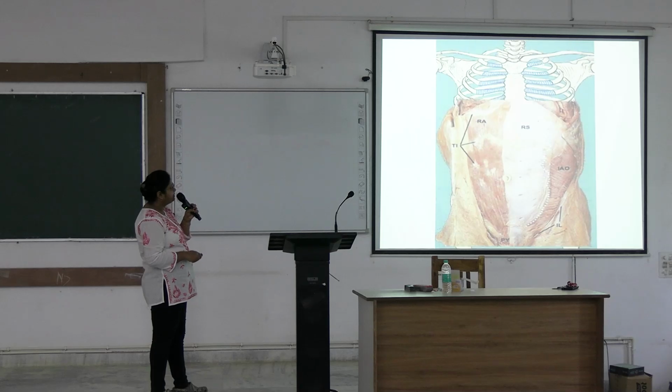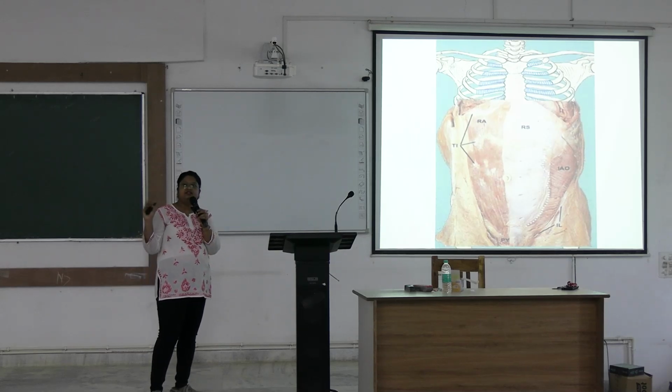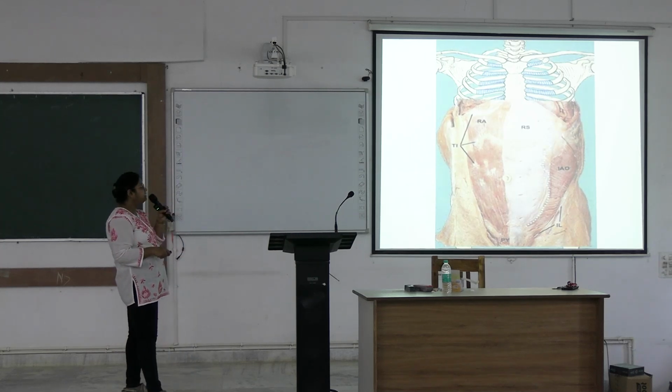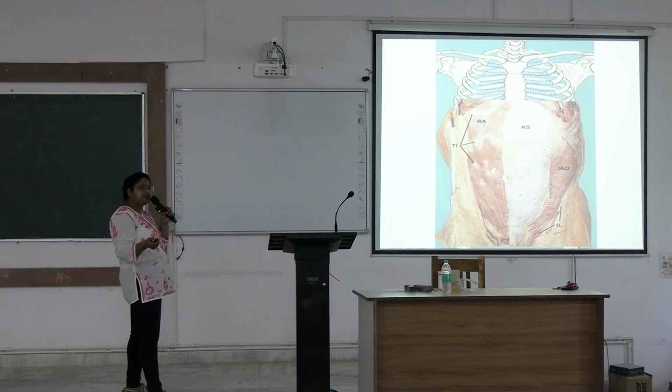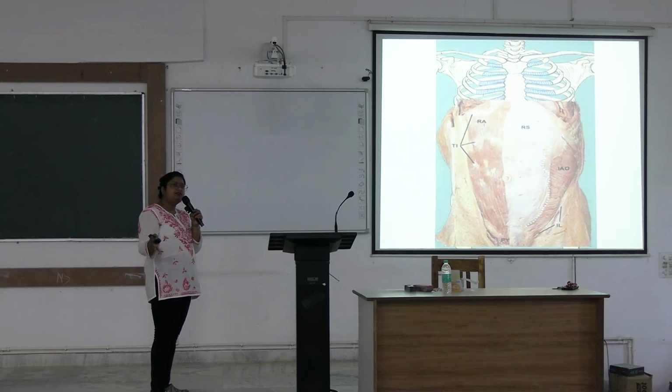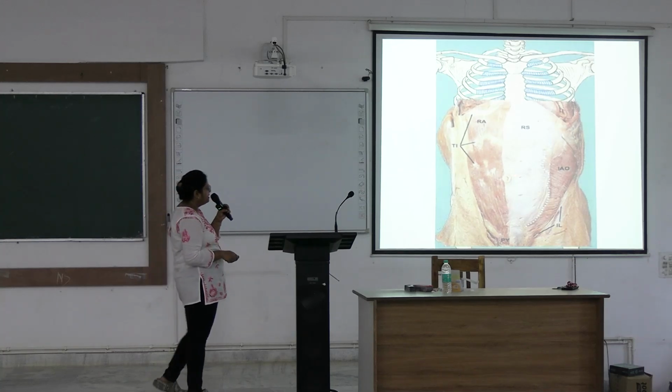This is the rectus abdominis muscle. These are the tendinous intersections. And these tendinous intersections lie at specific levels. One lies near the umbilicus, another near the costal margin, and the third one in between these two, at the middle portion, in between the umbilicus and xiphoid process, the mid part. And another sometimes lies here between the pubic symphysis and the umbilicus. If a fourth one is present, that is generally absent, it lies at this level.